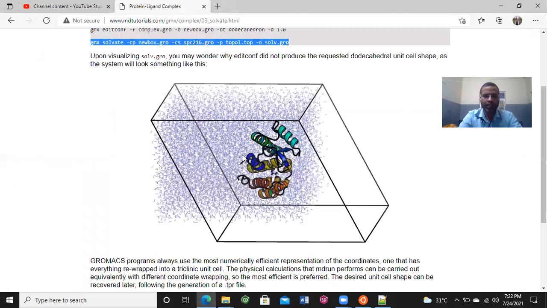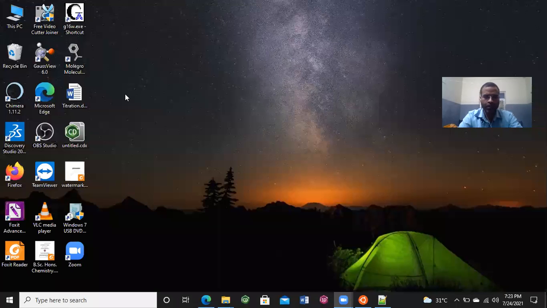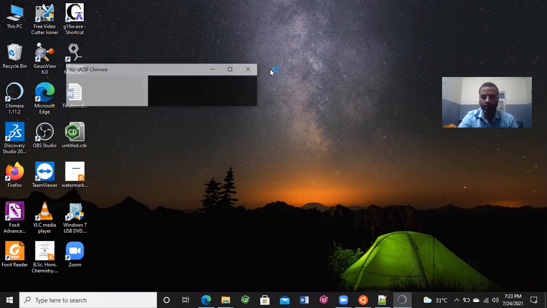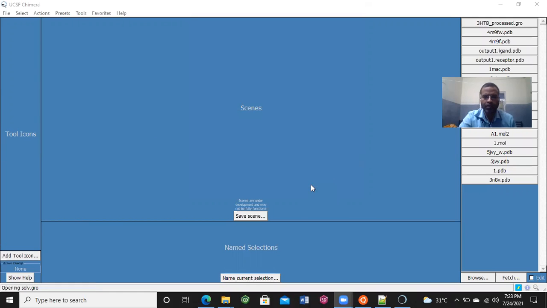You may also visualize this file in VMD or PyMOL and Chimera also. Then we just need to open Chimera and browse. Now this is our sol.gro file. We can open this gro file in Chimera.